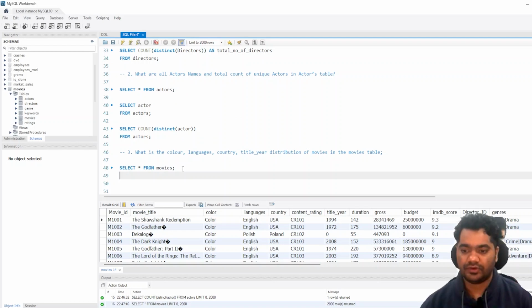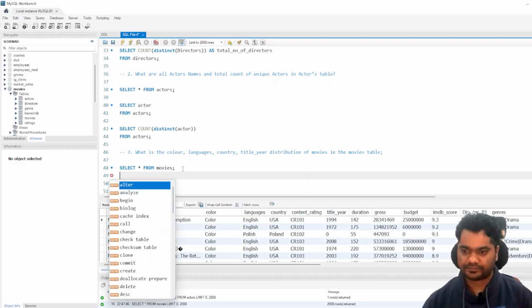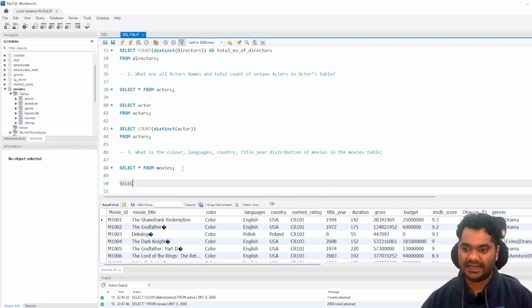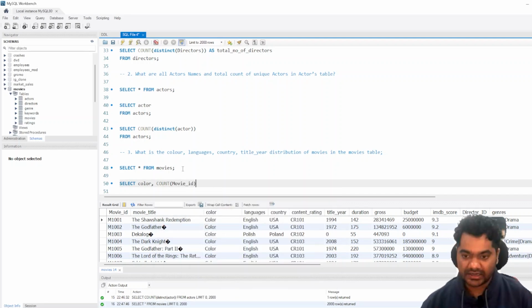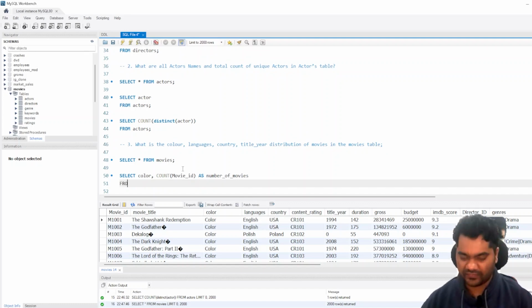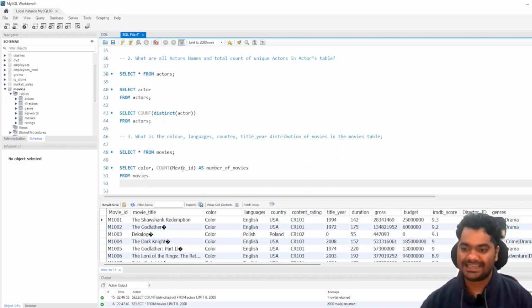Now we will want to explore using the color, so we will write select color, and since we want to see the distribution, we will count the movie ID, because this is the distinct column available. So we will write select color, comma, count movie ID, and we will give an alias name as total number of movies, or we can just write number of movies. This is the alias name, and we will write from movies table, and we will be grouping our data by